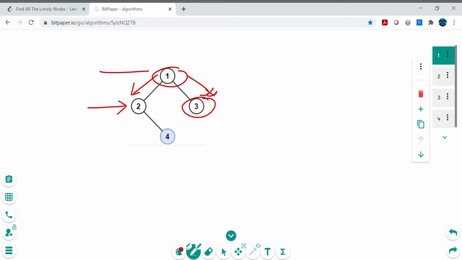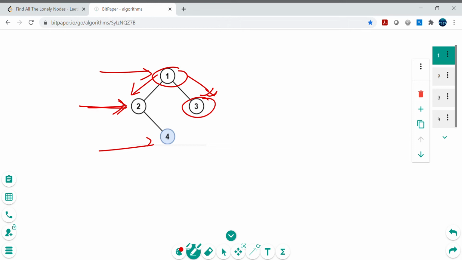So clearly we can see this is the first level, this is the second level, this is the third level. So we can apply level order traversal here. What does that mean? That means a breadth first search mechanism, right? In breadth first search, we start from the first level, we go to the next level, and to another level, till we reach the bottom level. So that's how the breadth first strategy works.